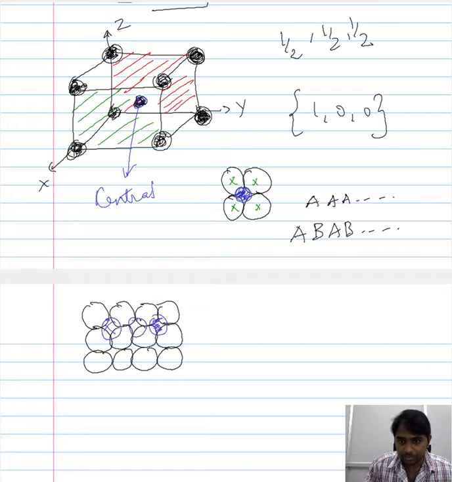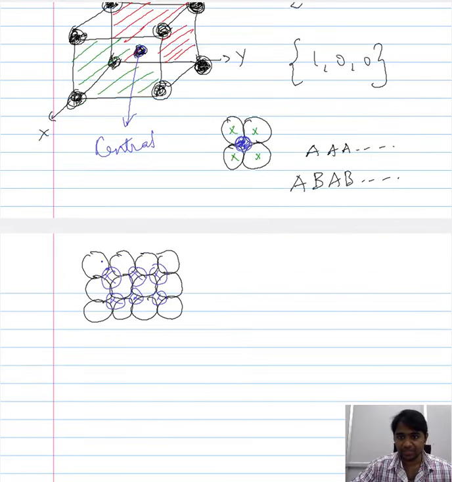So in these pockets you will be having your central atoms. So this would be your central atom, and the third layer of atoms will be identical to the first layer, and the fourth layer will be identical to the central atoms in the BCC structure. So ultimately, when you consider an arrangement based on the stacking sequence, you would represent BCC as AB, AB and AB.